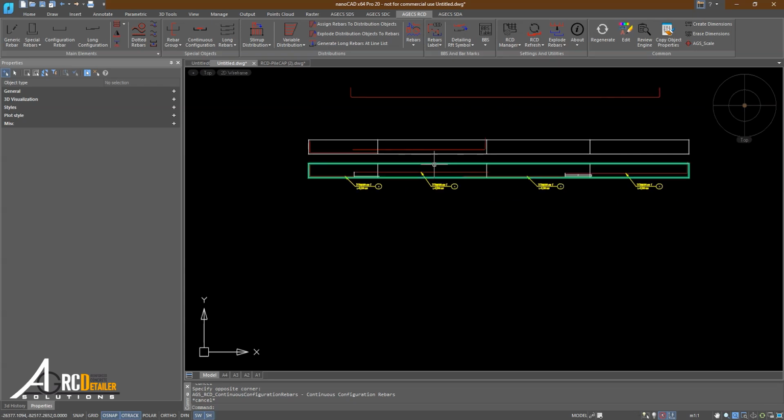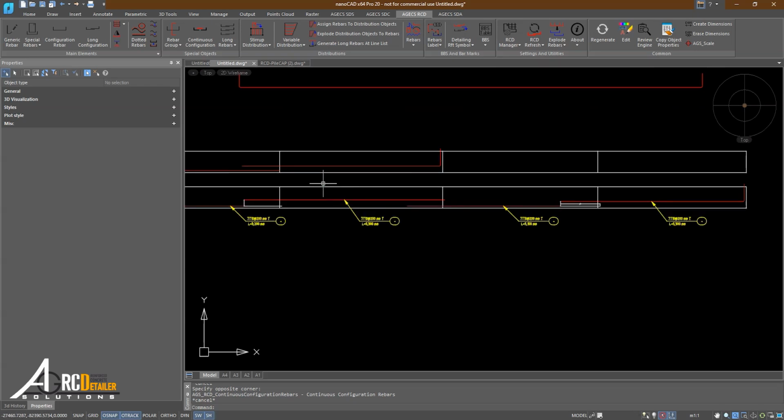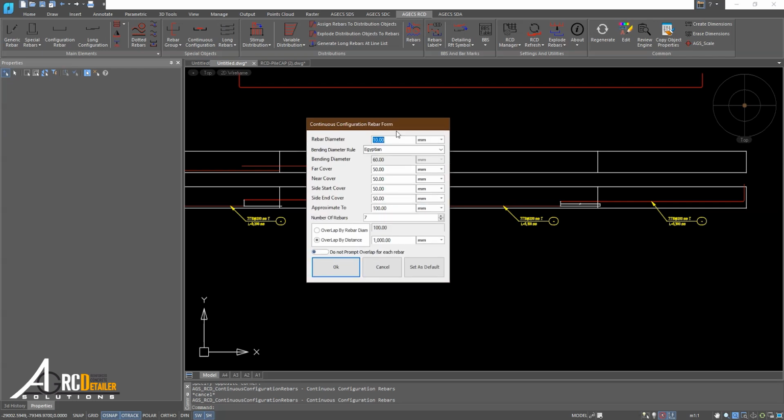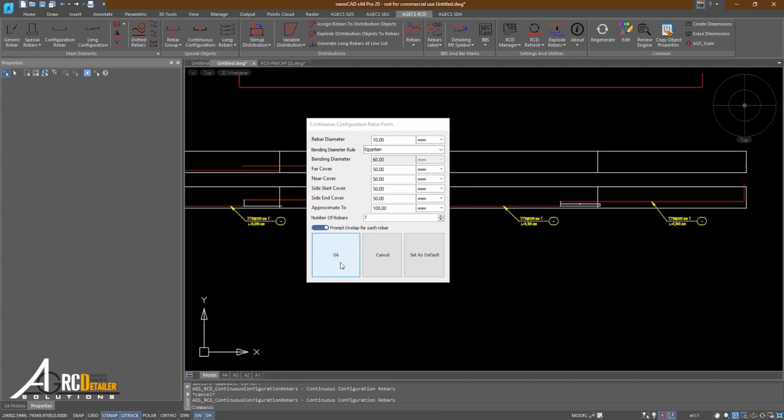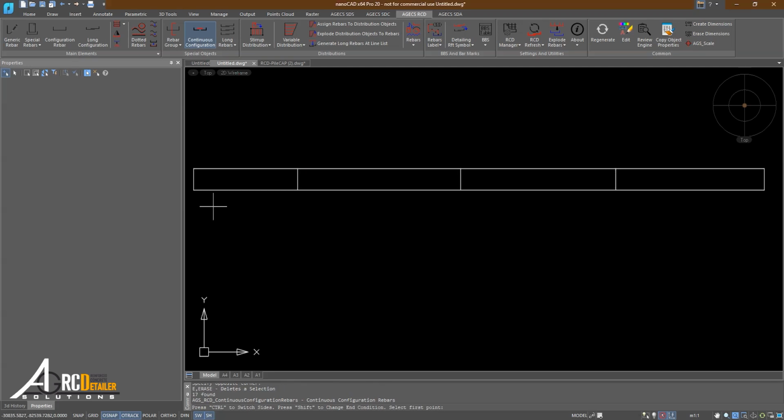But what if I want each rebar to be placed with a different number, diameter, and with a different overlap from the others? In that case, when we open our continuous configuration, we change this setting. Here, I'm telling it not to show me a message when I finish drawing each rebar, but I'm going to say no. Prompt overlap for each rebar, meaning I want it to show me a message asking me every time I place a rebar. So if I click OK on this, and I start placing in this cross section I have,